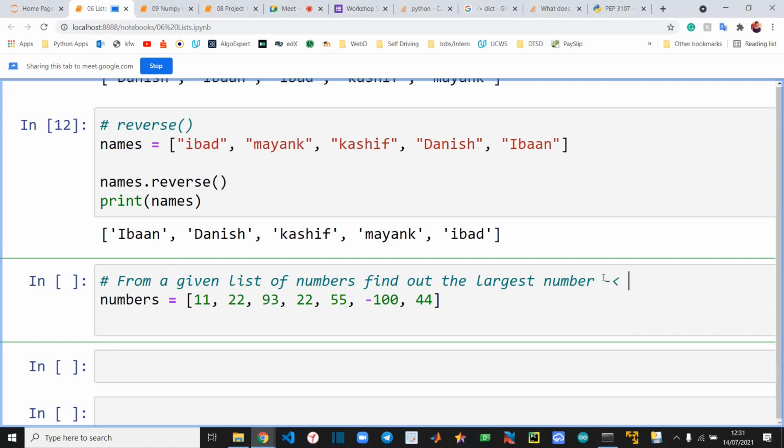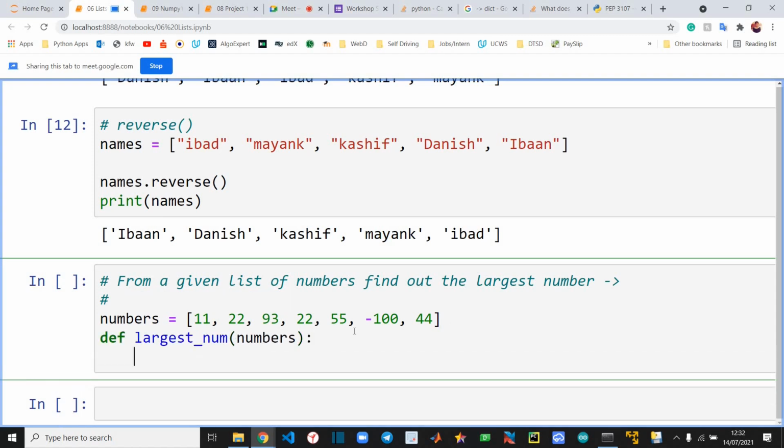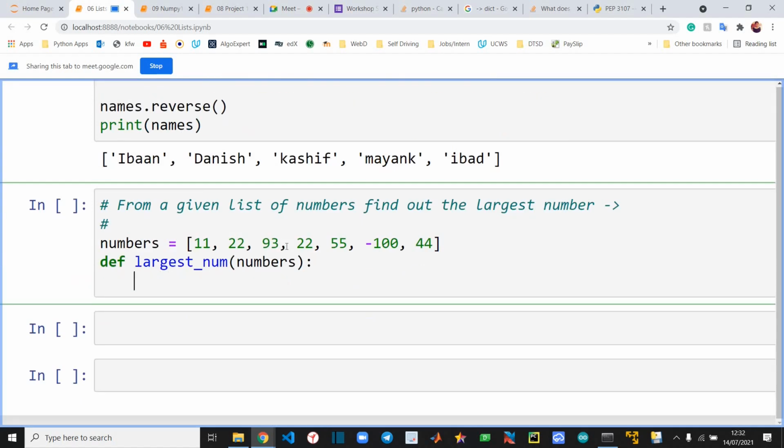Write a function for this. I will write return 0 in this case.